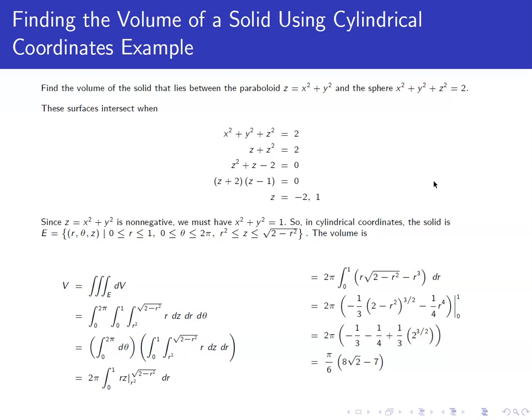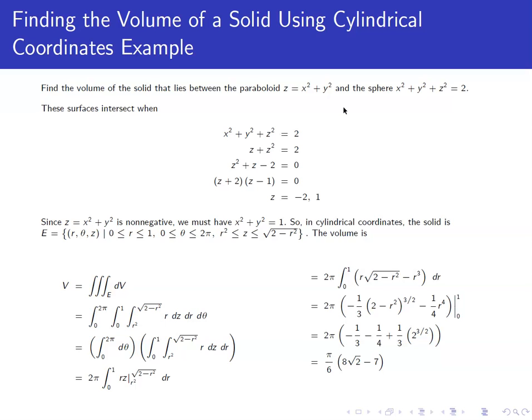The first thing we're going to do is figure out where these two surfaces intersect. So if we replace the x squared plus y squared in the sphere equation with z, we get z plus z squared equals 2. Bring the 2 over and factor, and we get that z has to be either negative 2 or 1. Of course, z can't be negative 2 because z equals x squared plus y squared is non-negative. So we must have z equal to 1, or x squared plus y squared equals 1 is the intersection of